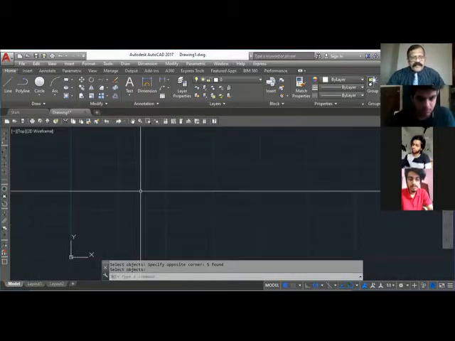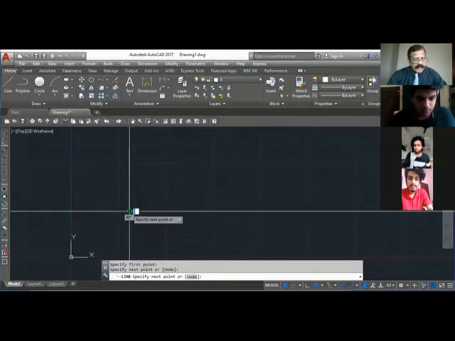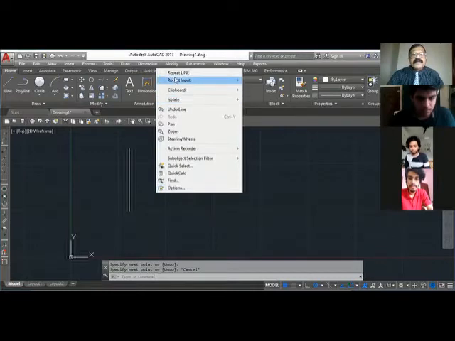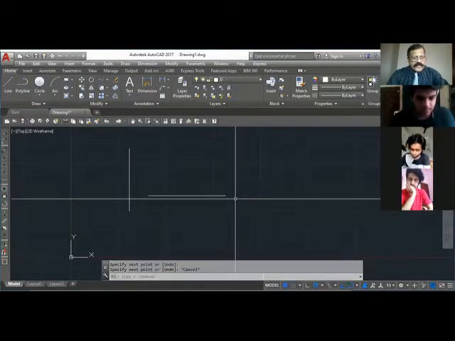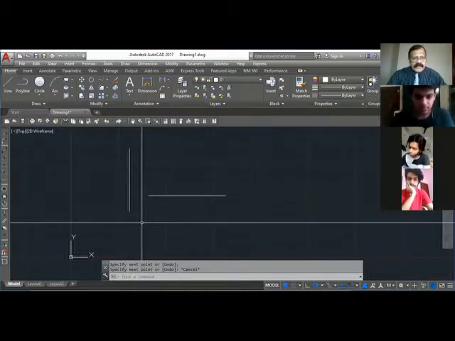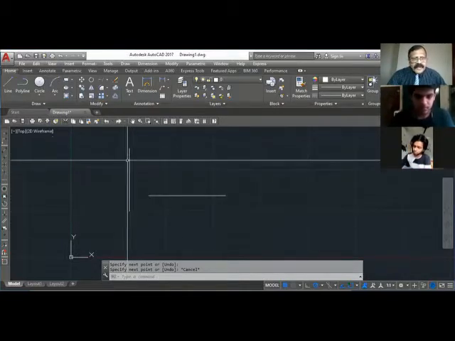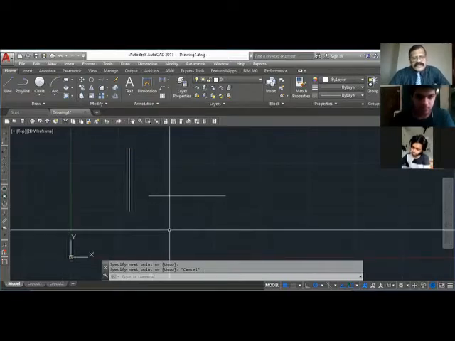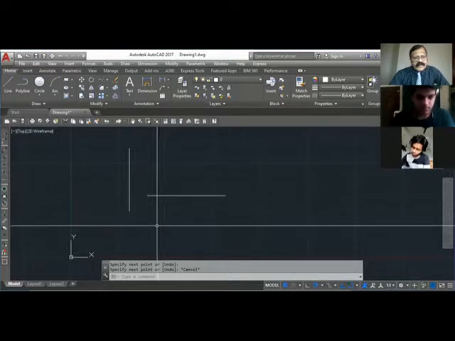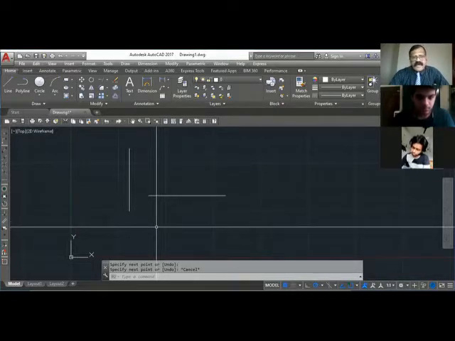I have a line here and another line from here. Okay. So I want to join these two lines. So I have to cut this extra length and join with this. So actually it is like a combination, we can say trim and extend, something like that. So we are going to use a command called fillet, F-I-L-L-E-T, fillet, write down. We are going to learn a command called fillet.